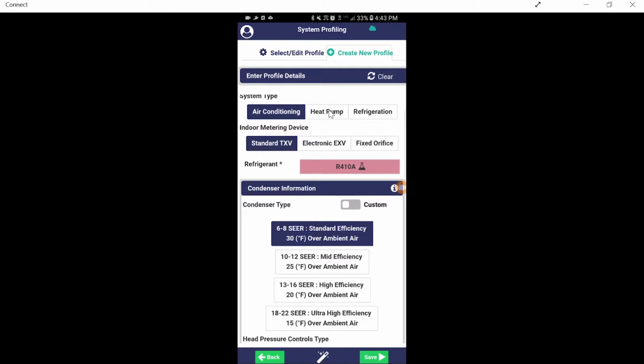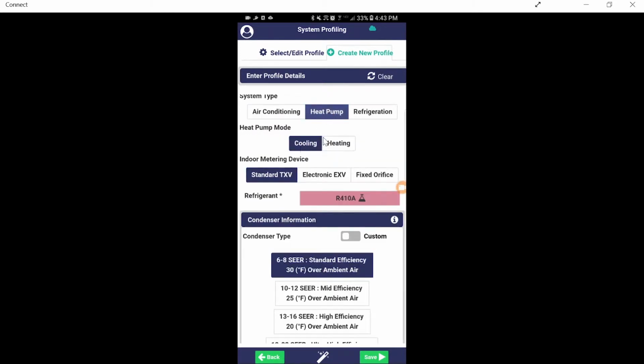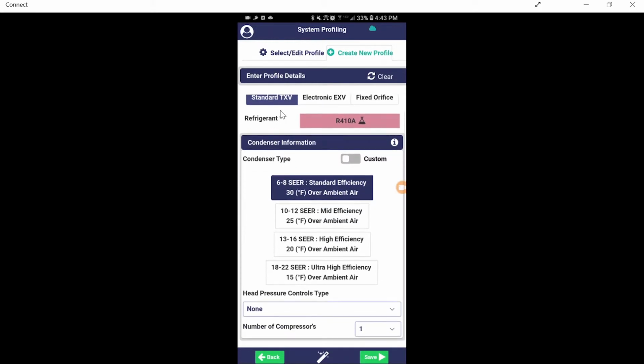So what we're going to do is go in for a heat pump here. So I'm going to select heat pump. We're going to go with cooling mode. It's going to ask us our metering device, whether it's going to be a standard, electronic, TXV, or a fixed orifice. We're going to use a standard TXV. Refrigerant, 410A, we're going to keep it there. Condenser type: 6 to 8 SEER, 10 to 12, 13 to 16, 18 to 22. We're going to go ahead and use an ultra high efficiency. We'll go 18 to 22 SEER,